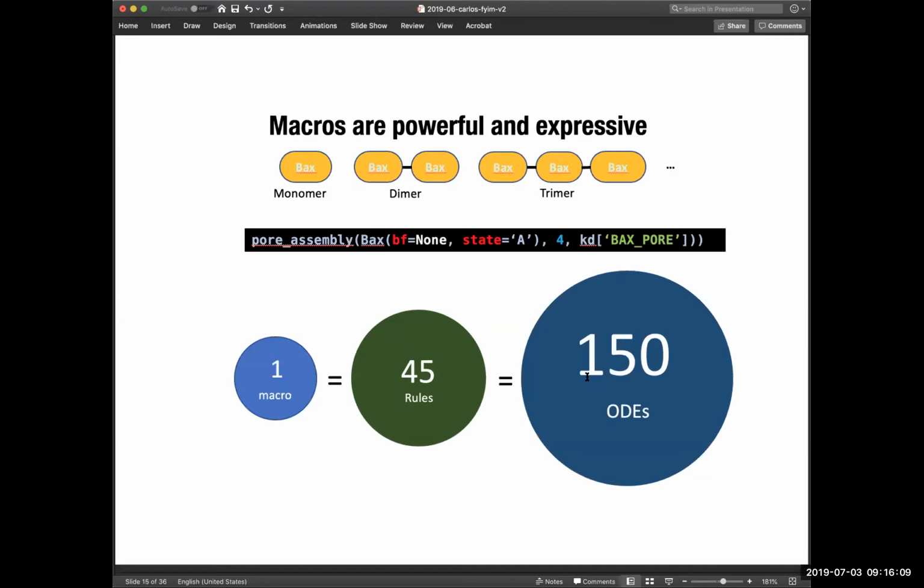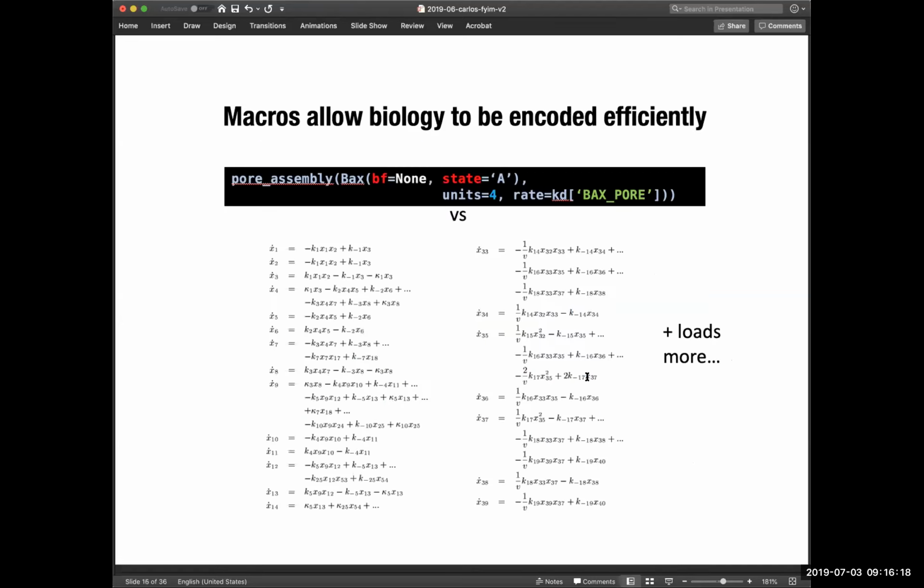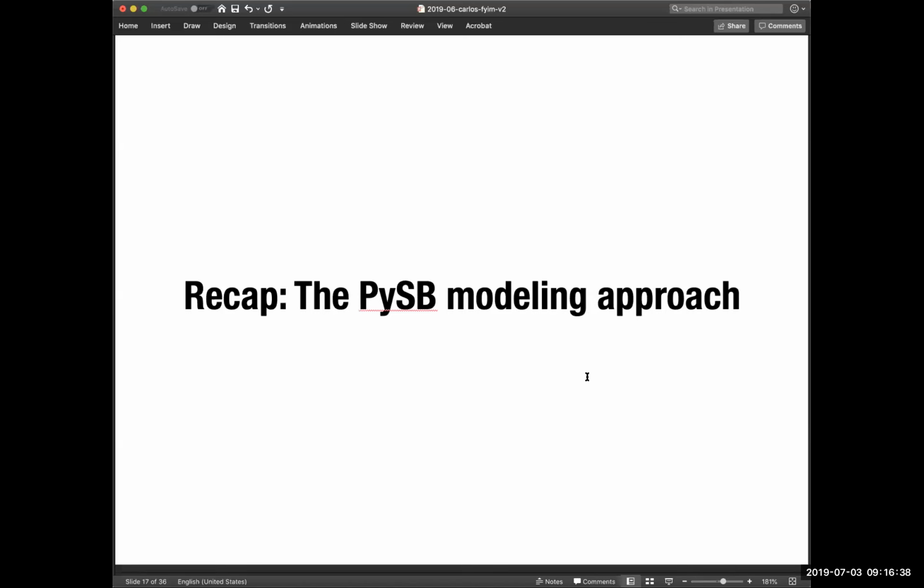And this is where you can start to really functionalize and encode programmatically the kind of biology that you really need. And that's kind of what we're trying to do. So we like to think that these macros, functionalizing, treating these things as objects, as functional objects, allows the biology to be encoded efficiently, and this enables us to build a sort of hierarchy, and we call it the recap of the approach,